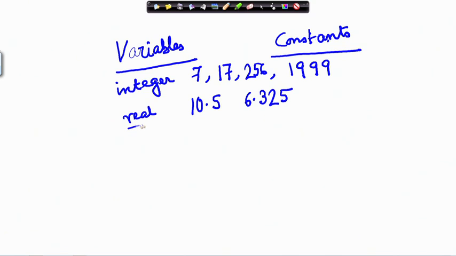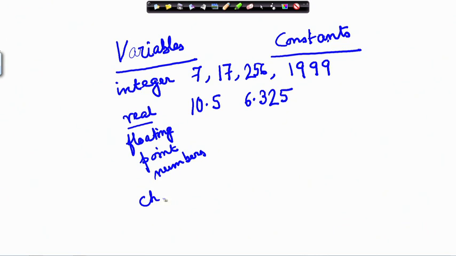These are real. This is also known in C as floating point numbers. Now, integers are these, reals or floating point numbers are these.